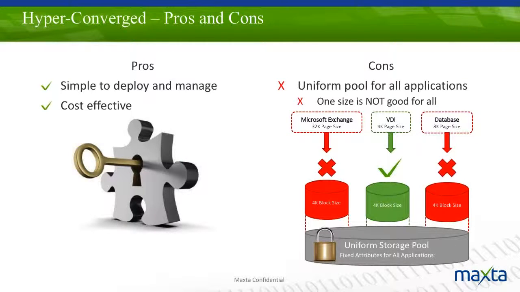So Hyper-Converged has come out, and they have actually resolved a lot of these issues. So much simpler to deploy because we're collapsing all those layers down. Much easier to manage. Typically a single user interface that you go into to manage all your infrastructure, and much more cost effective. We're using commodity equipment. We're removing the SAN out of the picture, and we're providing some kind of distributed file system that handles all the storage